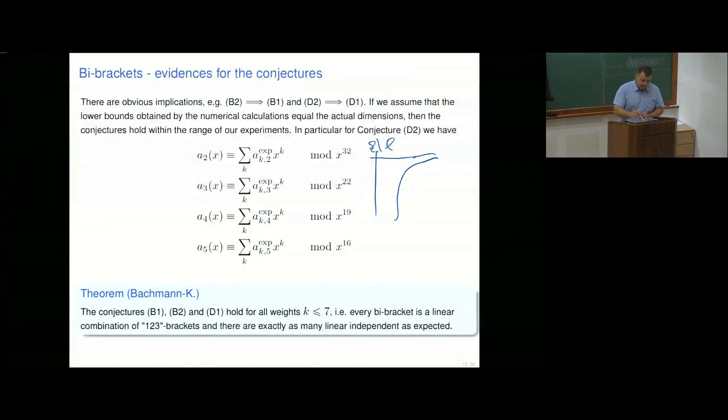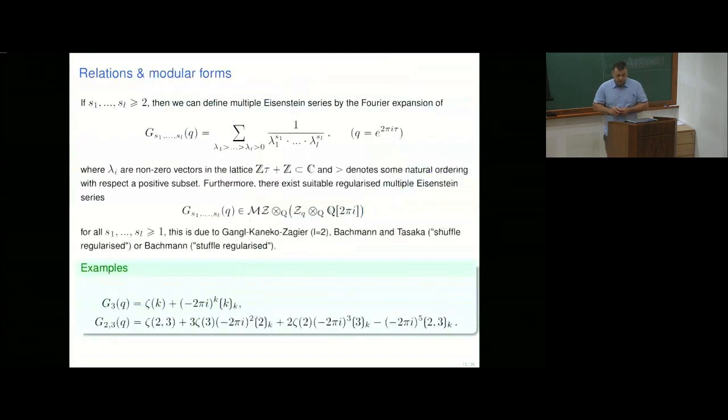And so this is some evidence, and also to give you some more feeling why this should be related to modular forms, I'd like to make a quick excursion to the so-called multiple Eisenstein series. So these multiple Eisenstein series are made in a similar way as you get multiple zeta values by summing over cones. And now here you sum over cones of lattice vectors, and you make this in such a way that you first define a positivity amongst the set of lattice vectors, let's say the one above the real line and the one to the right of the real line, and then you have some ordering, and then you sum these things up, and then the point is you get some q expansion, and in this q expansion you will get these multiple q-zeta values,